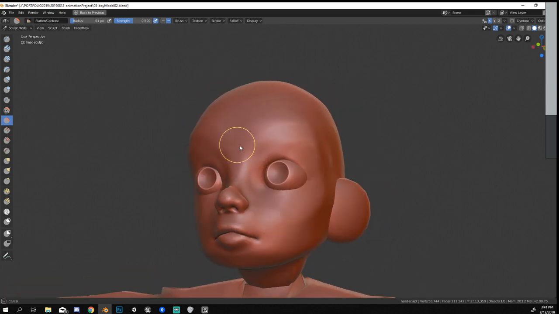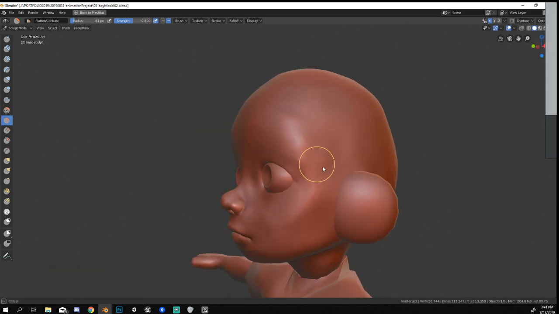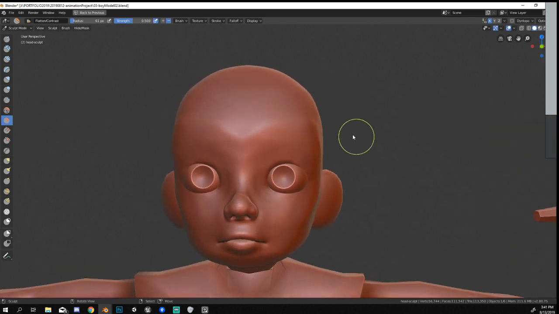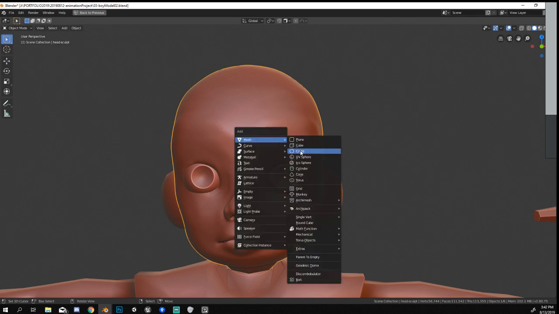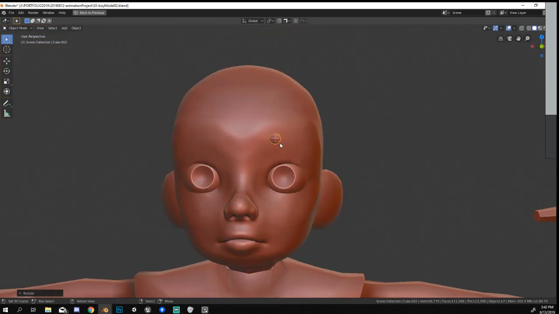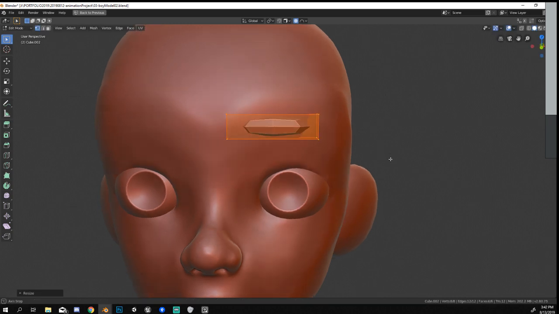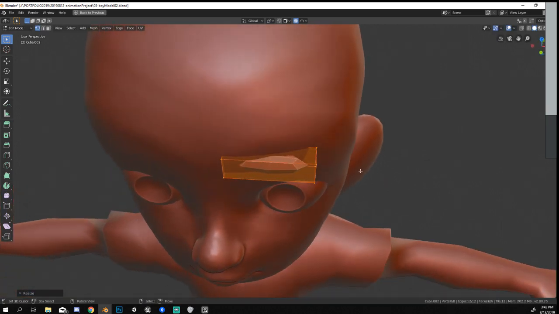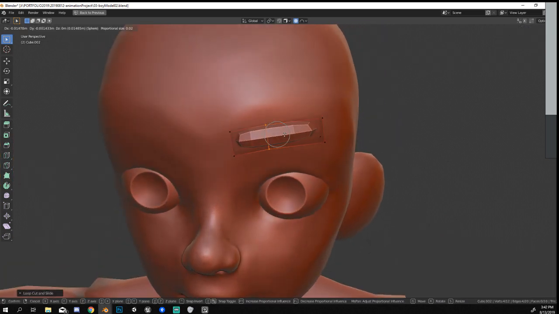Let's also not define. If he starts looking like a weird boy who shaves off his eyebrows, then you're doing good. But let's just add some eyebrows. I'm gonna add a cube, subdivision 1, and add mode. I'm gonna try and add